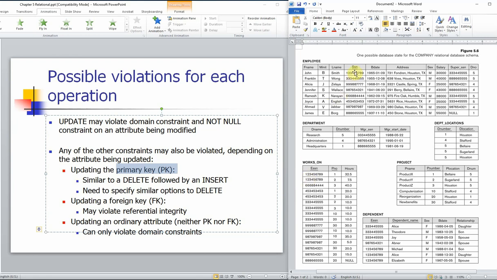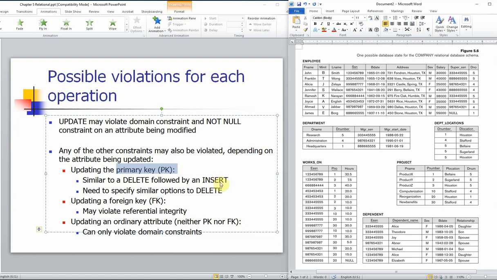needs to have something to be referenced, right? So this works-on tuple is referencing this person right now. By doing that, first of all, you cannot delete John Smith in the first place, and therefore this operation will be denied. So you can see that if you want to change your primary key, it actually requires a lot of operations. Basically, again, you try to delete it and then insert a new tuple with that